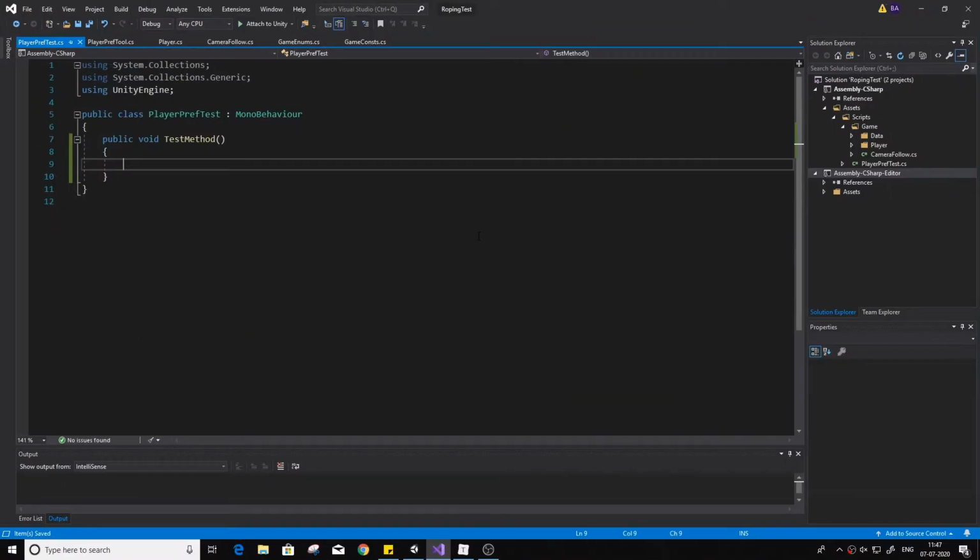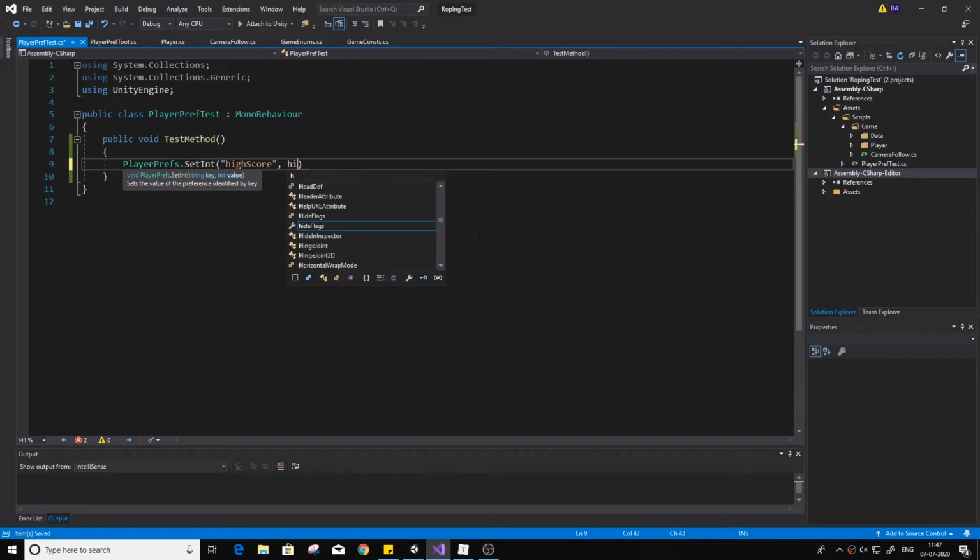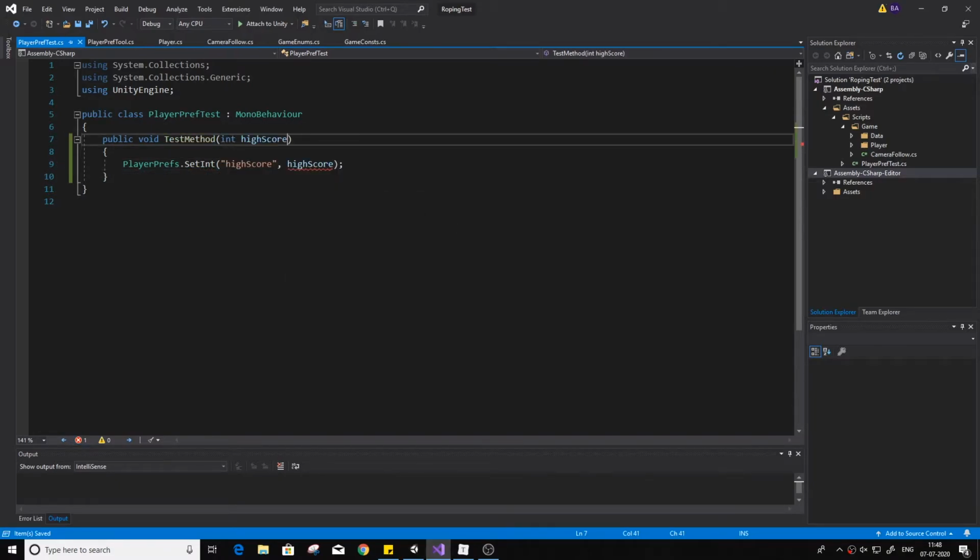At the core, it has two operations: setting and getting data, and every piece of data you want to save must be associated with a key, which is a string in this case. So when you want to get the data, you use this key to get it. In order to set or store data, we use the set series of methods. For example, we want to save the high score of the player. For this, I'll use the setInt method. I'll pass in the key and the value that I want to be stored. And that is all you gotta do to save data.